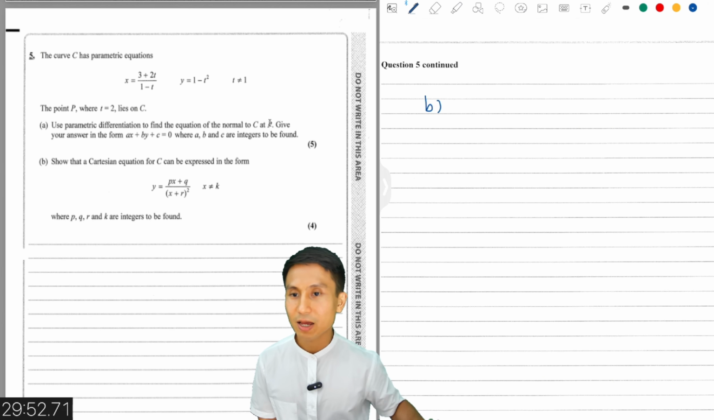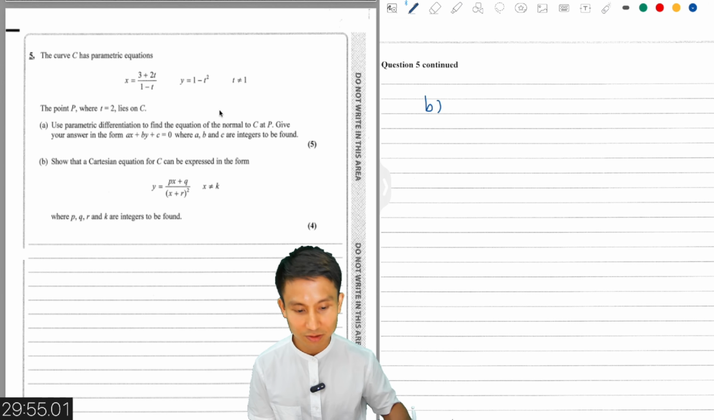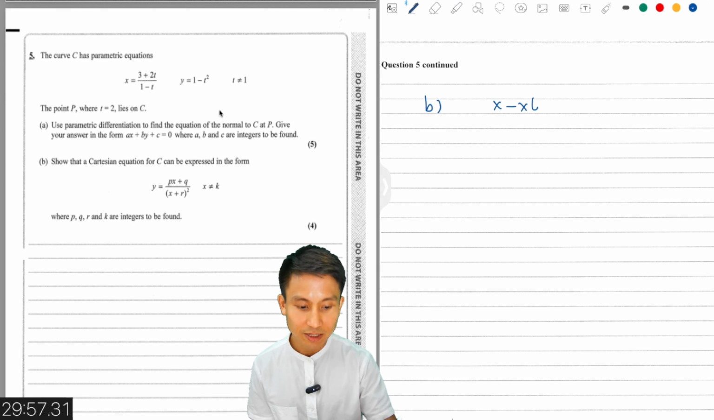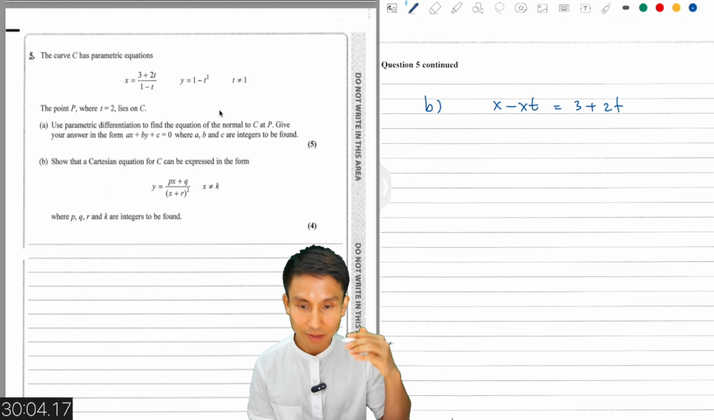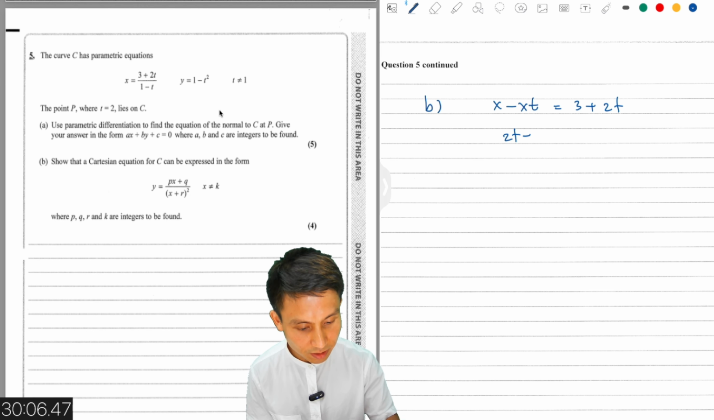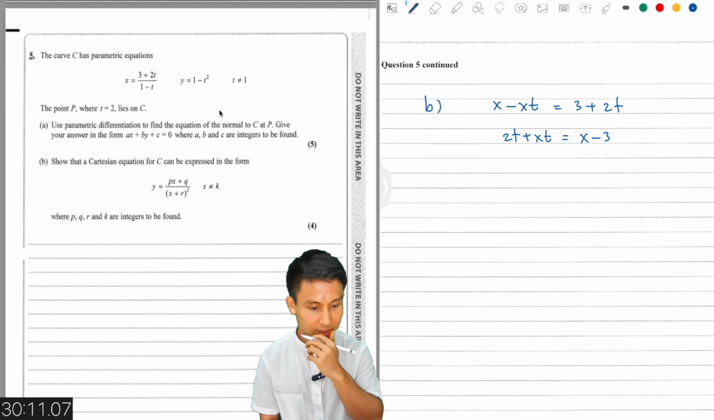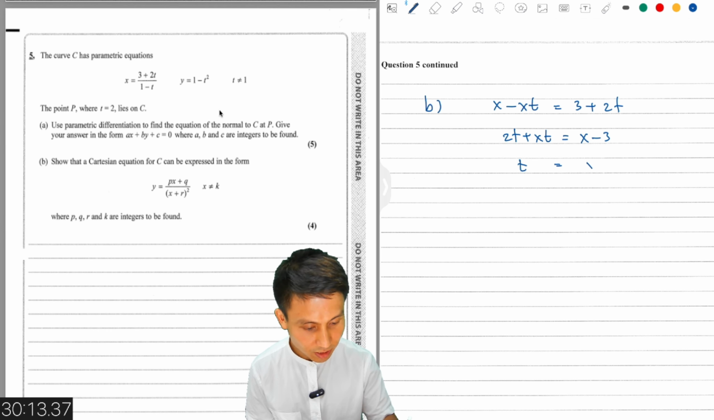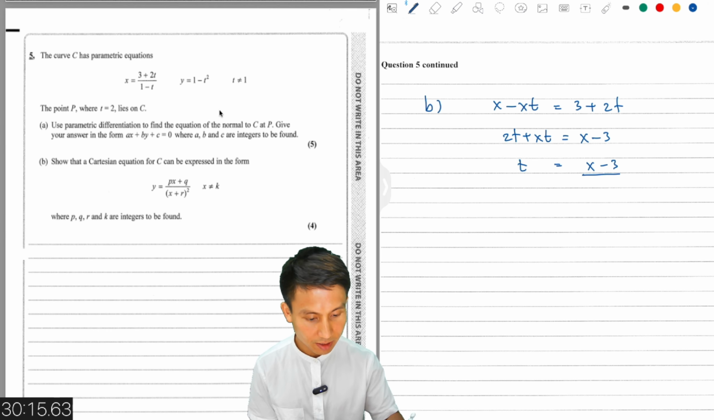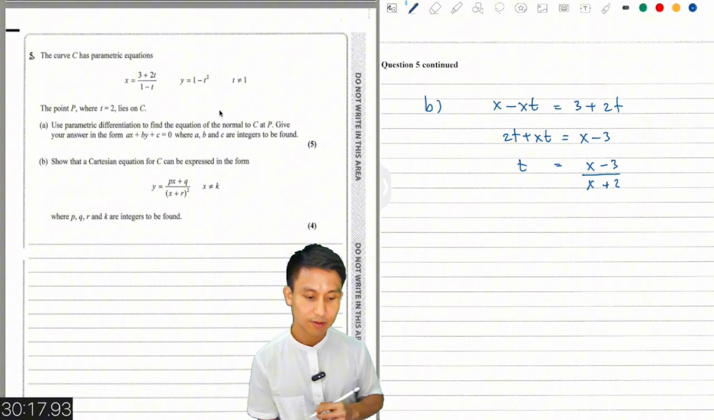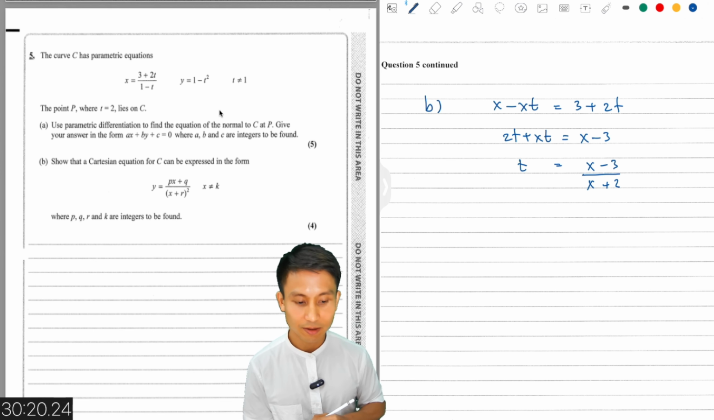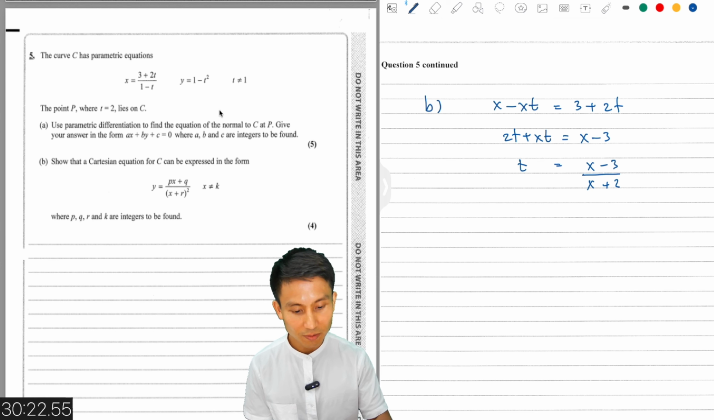So multiplying 1 minus t into the other side, we get x minus xt, right? Equals 3 plus 2t. And then we're going to make t the subject, so we merge the 2t plus xt, and 3 goes to the other side, we get x minus 3, yeah? So t equals x minus 3 divided by x plus 2, yeah? Just factorizing t out there and make t the subject. So that means y equals 1 minus all this squared,